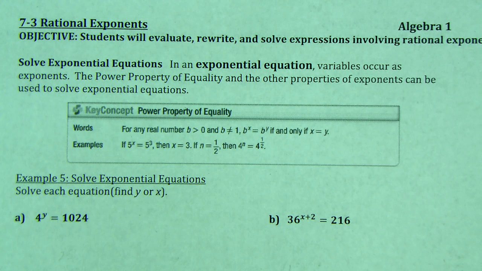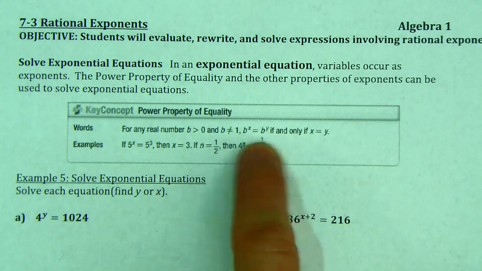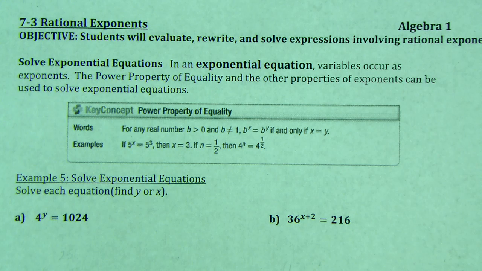So in order to solve those, we are going to have to use all the exponent rules that we know, including this new one right here, this power of equality. If we have an equal sign, so two things that are equal, and we have a positive base, and not equal to 1, obviously, because 1 to any power is going to be 1. So if we have an equation with two powers, if I raise both of those to another power, as long as I raise them to the same power, they're going to continue to be equal. Okay, and you're probably asking me, why would I do that? Well,